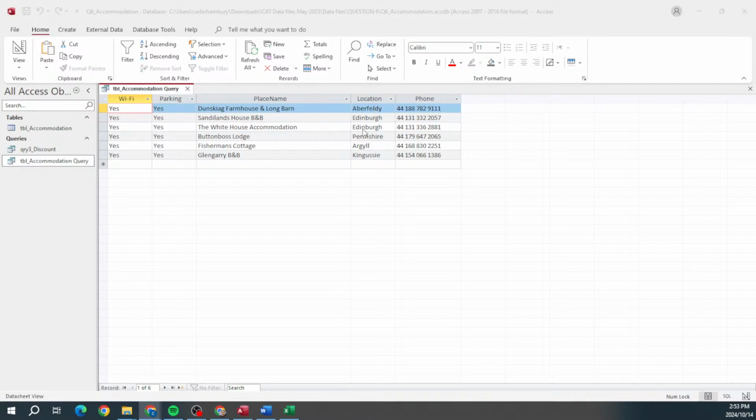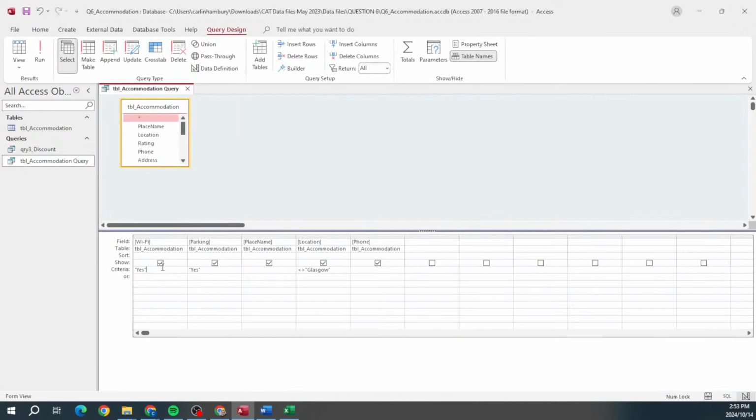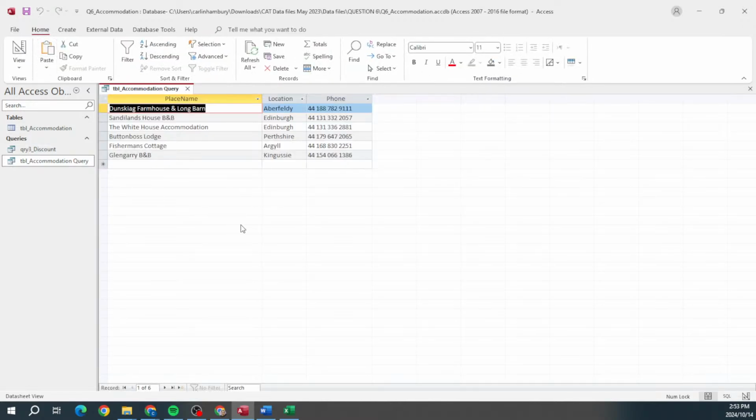No Glasgow. It must display place name, location, and phone. They don't want to see that. So if we don't want to see something, we just take the tick out of show. And run. And there we go. Okay. So that is